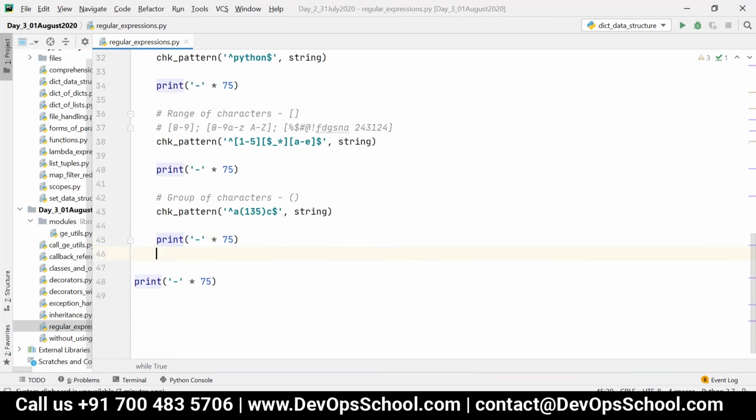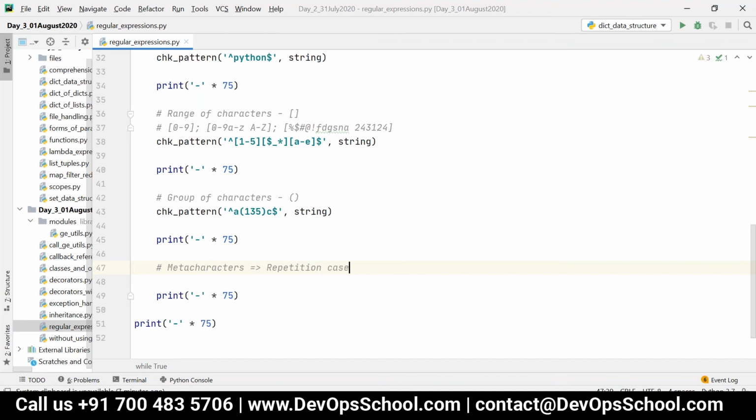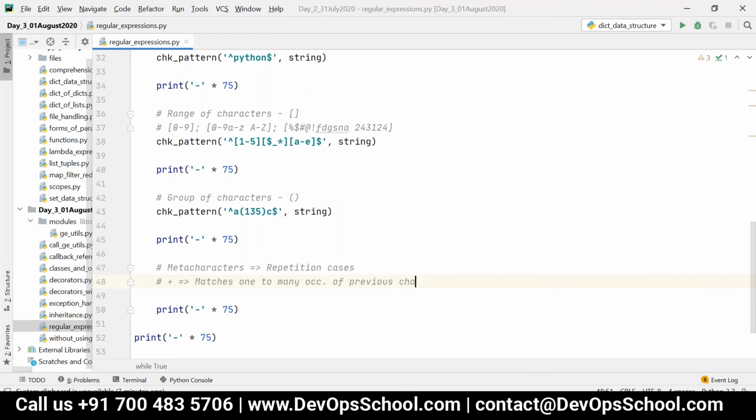And we have a very important thing, that is meta characters. So this will be used for repetition cases. That is, we have three different types of meta characters. One is plus. It matches one to many occurrences of previous characters. And second one is star.